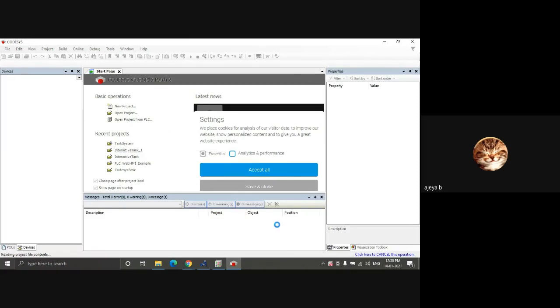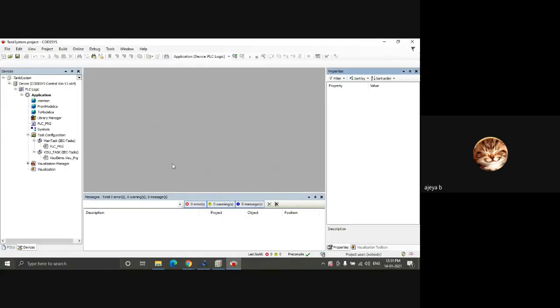I am opening the tank system file that was shared, and I'll show you how to enable the web visual part.